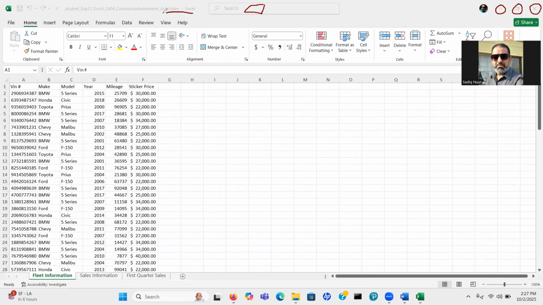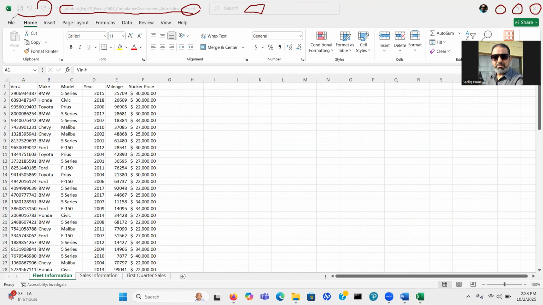Left of the search box, the title bar is going to tell you the name of the file, and the application is Excel. If you look at the top left of the screen, it's the quick access toolbar, to undo, redo, and save.